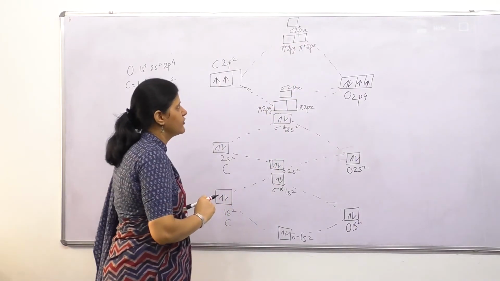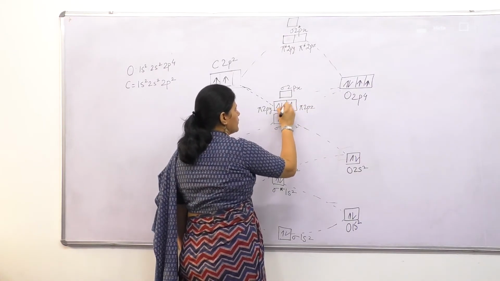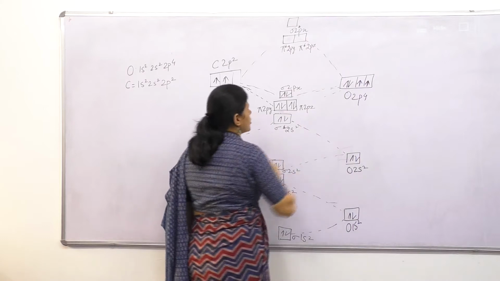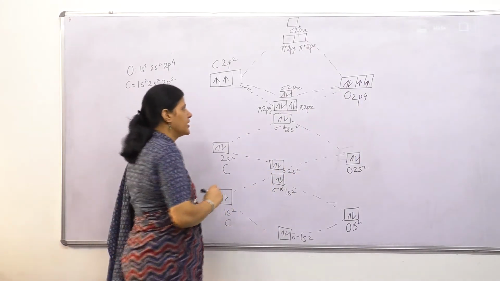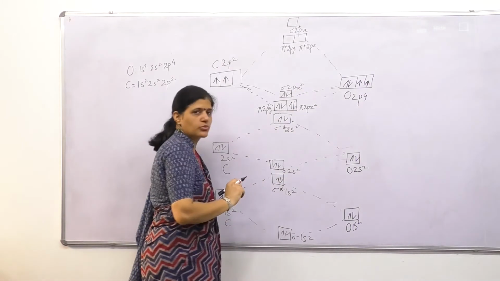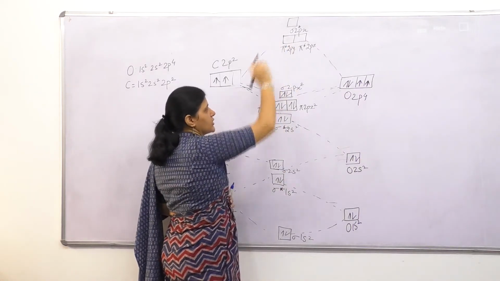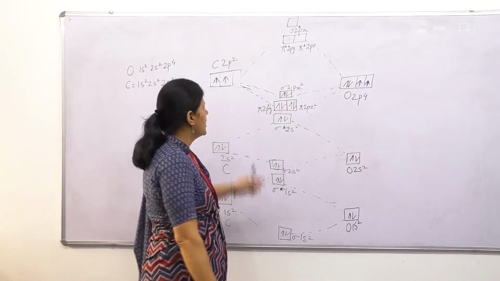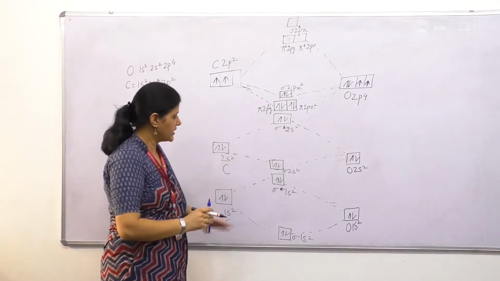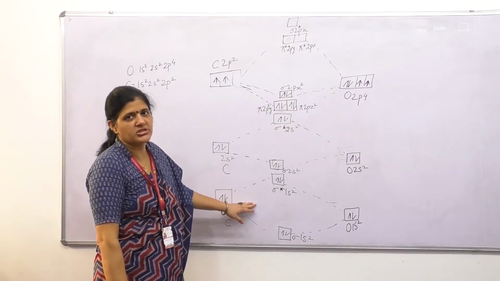6 electrons. We have to fill in this. 2 and 4. 1, 2, 3, 4, 5, 6. We have filled the 6 electrons here. It will become pi 2py2, pi 2pz2, sigma 2px2. It will become this. We have no electrons in this orbital because we have 6 electrons, and all the 6 electrons have occupied space in the bonding orbitals. This is CO molecule, carbon monoxide, on the basis of molecular orbital theory.